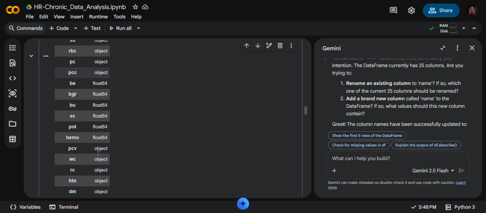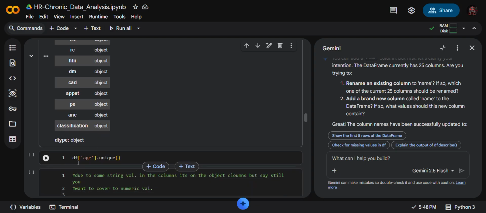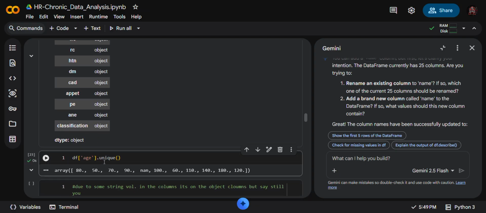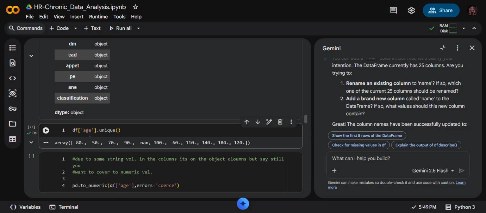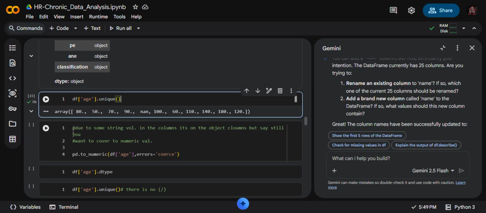Now df dot unique. We take age dot unique, so here in the column we are taking age. Now this tells us all the unique values of age.